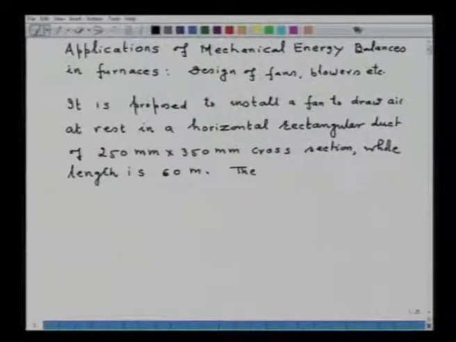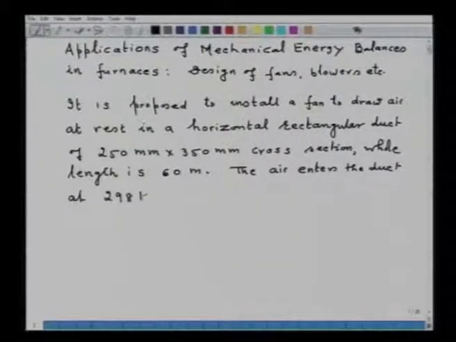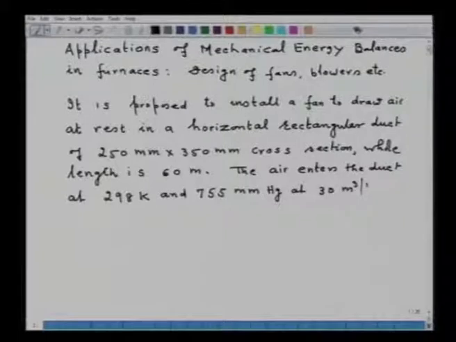The air enters the duct at 298 Kelvin and 755 millimeter mercury at 30 meter cube per minute. Now, you are required to calculate